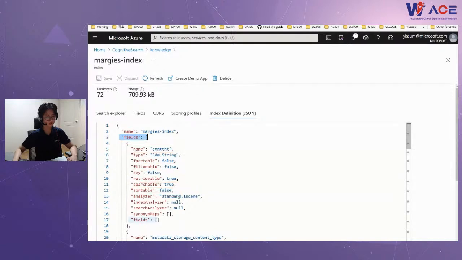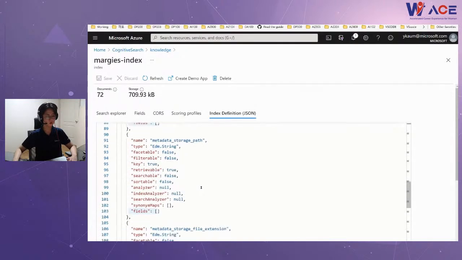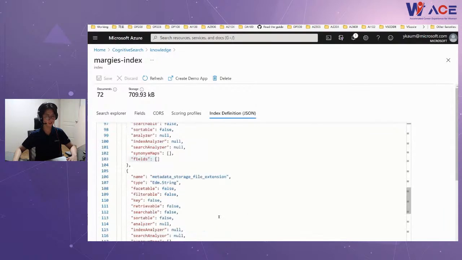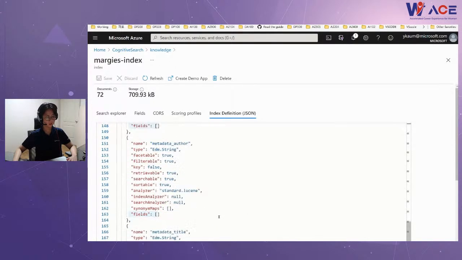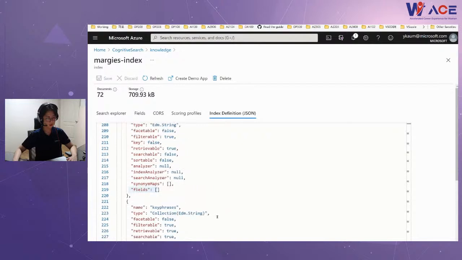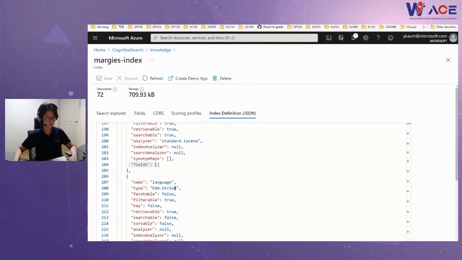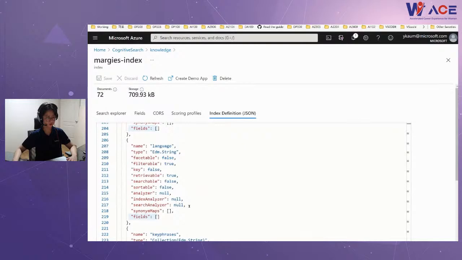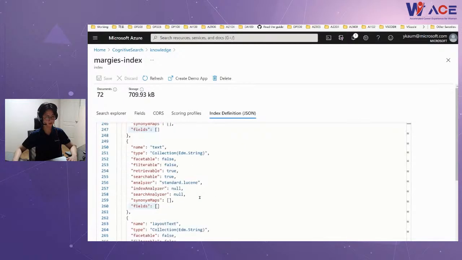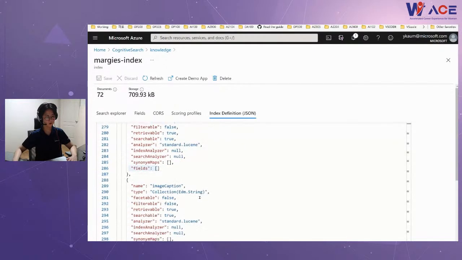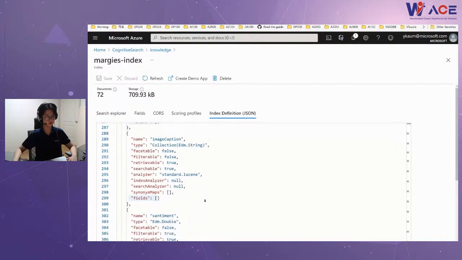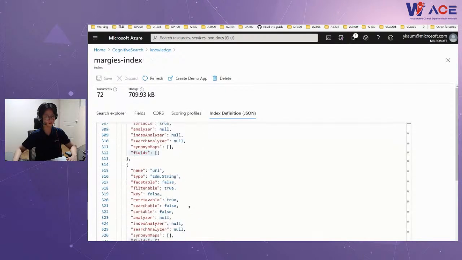Okay? Like this, you can see what you designed and what you set as your index. Let's see some AI enriched data here. Language, right? Key phrases. Scroll down, I can see image caption or the sentiment data.